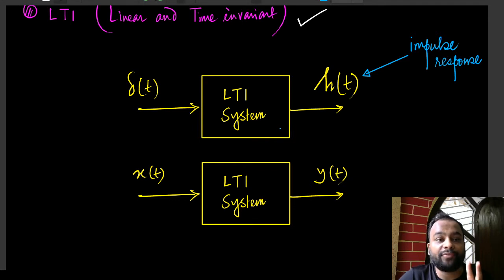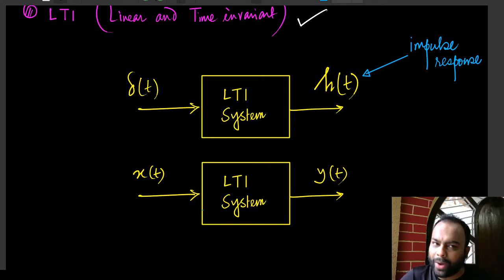Now, the theory of linear time invariant systems, and we shall shortly learn that, tells us that if this is known to us, then we do not really need to have this system with us. Let me again repeat what I just said. If I have the impulse response of a certain linear time invariant system with us, then in order to find the output for any input to the system, we do not need to have the system. Try to understand: if we just have the impulse response with us, we do not need the system at all.